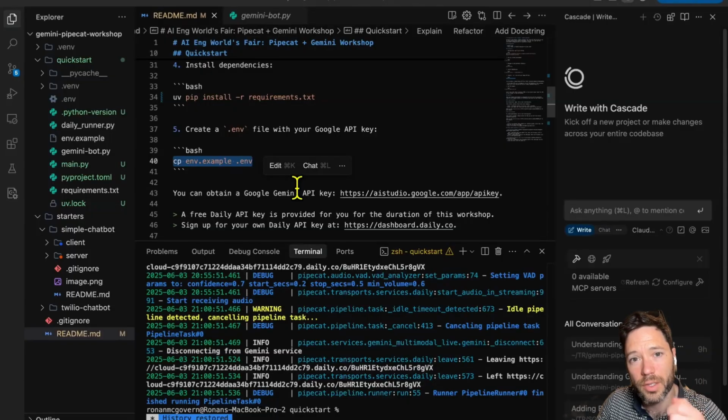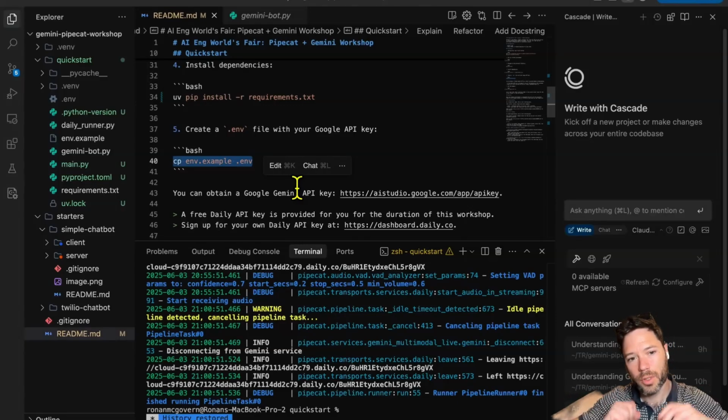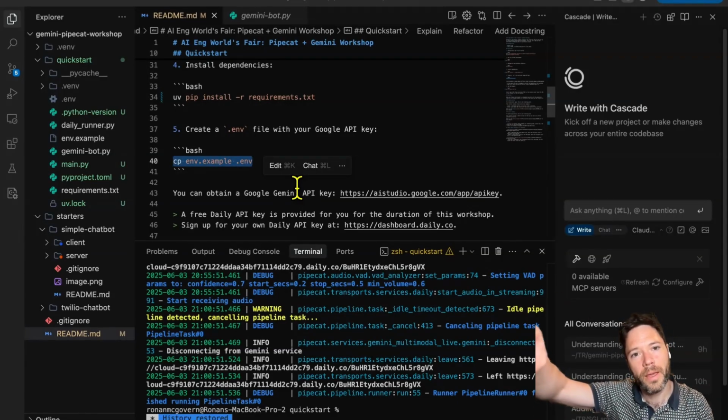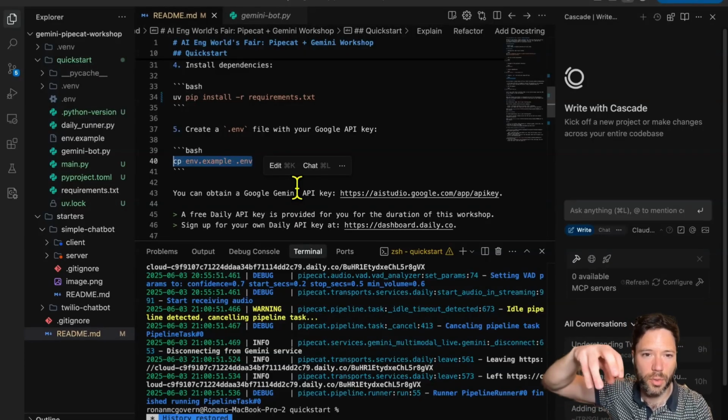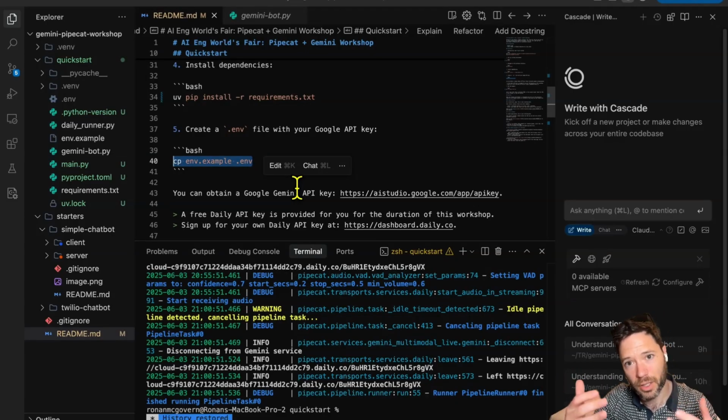You do need 2 API keys. One is the Gemini API key, because we're going to build an agent that chats with us using Gemini's voice capabilities. And we need an API key for Daily. Now, why do we need Daily? In very oversimplified terms, Pipecat coordinates the transport of voice coming from us, going to the agent, which is Gemini. And what Daily does is kind of sit in between and help to do storage, help to do observability, and help also with just managing the packets that are transferred between the two.